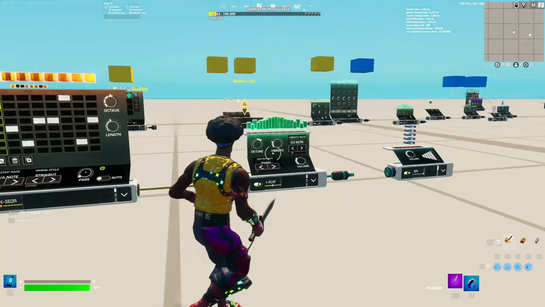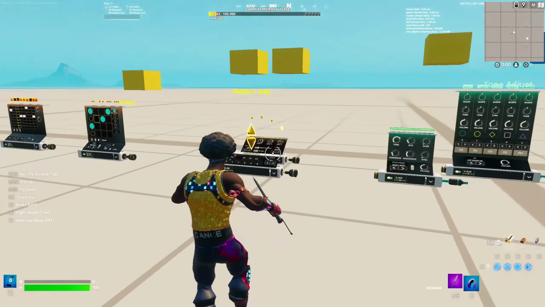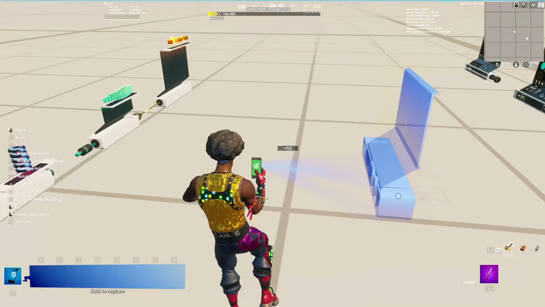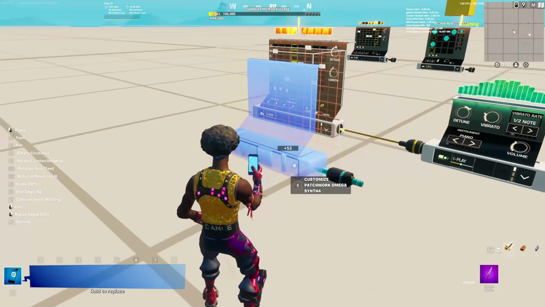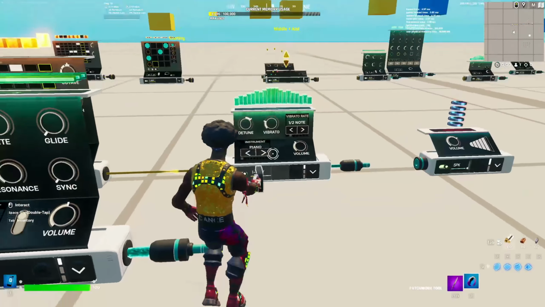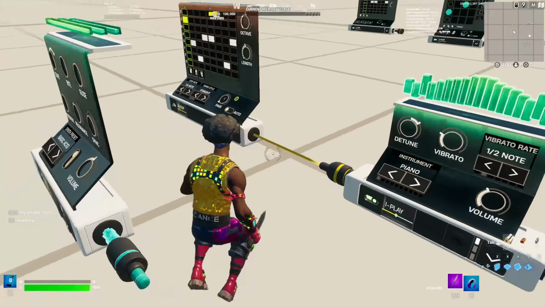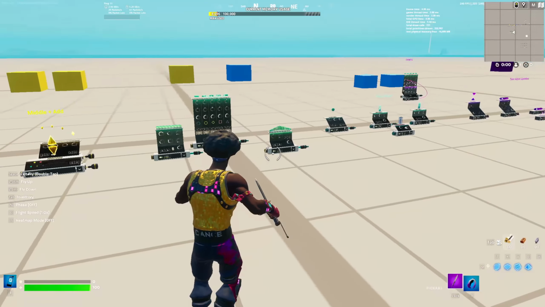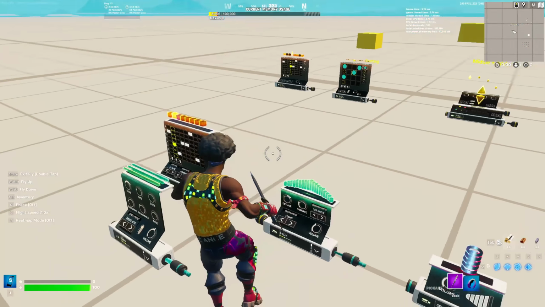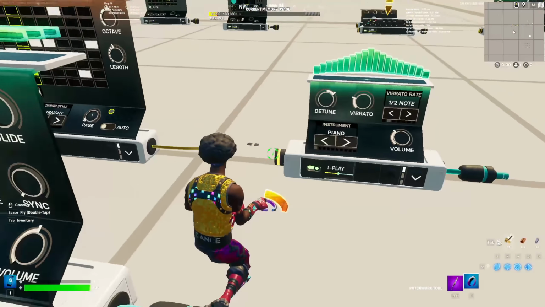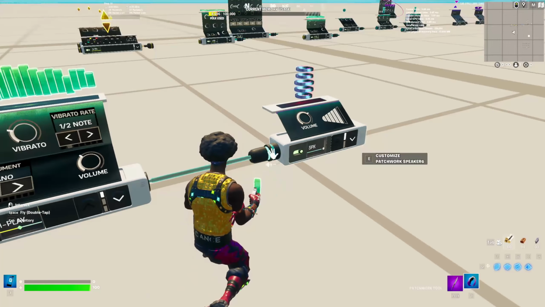And if you want to turn it off, you just detach this and it'll stop. So that's for the note maker. And there's all these other ways you can do it. Say I take this, bring this over. You can also use this instead of this, or whatever you want. Whatever has a yellow input and blue output. Everything is color coded. So if you get confused, you can only link the colors to the colors. See right here, this is yellow. You can only link it to the yellow. Or blue over here, you can only link it to the blue.